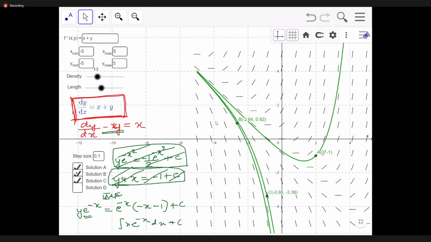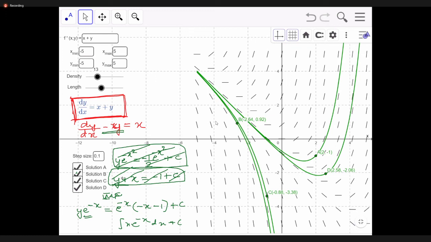Solution C, see the nature of the curve. Solution D, see the nature of the curve. According to you, what do you think is happening? Let's see who will just quickly be able to identify what has happened over here. The solution is the same only, isn't it, of the differential equation? That one is not changing, but something has changed because of which the nature of this curve has changed every time that I clicked on these particular boxes for solution A, B, C, D.